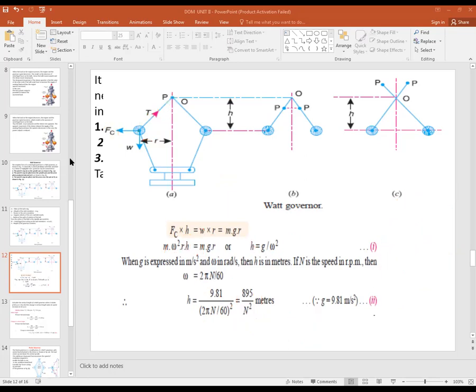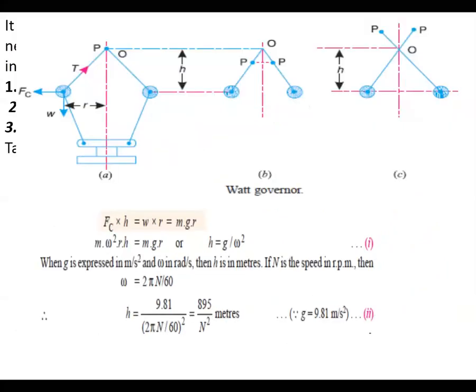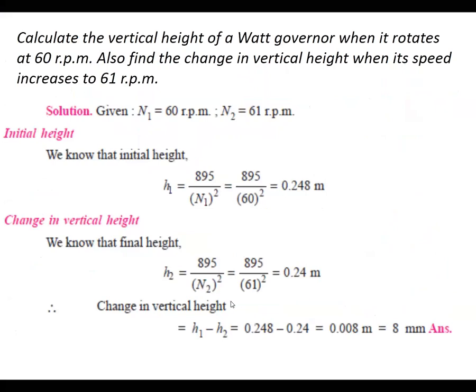Very simple. So just considering forces and with respect to that, we are doing a simple problem here. Just to see this: calculate the vertical height of a governor. The kind of governor is a watt governor. So in the problem, clearly he will mention the type of the governor. With respect to the kind of the governor, your problem has to start by you people, right? That is why I'm asking you to clearly study the problem.